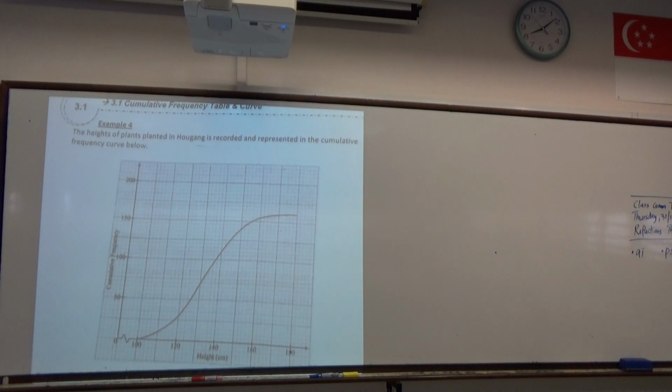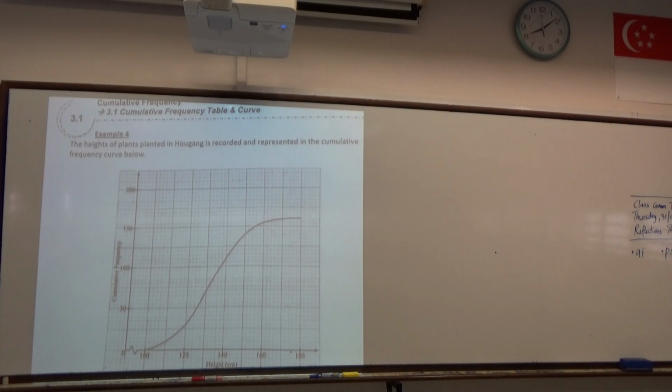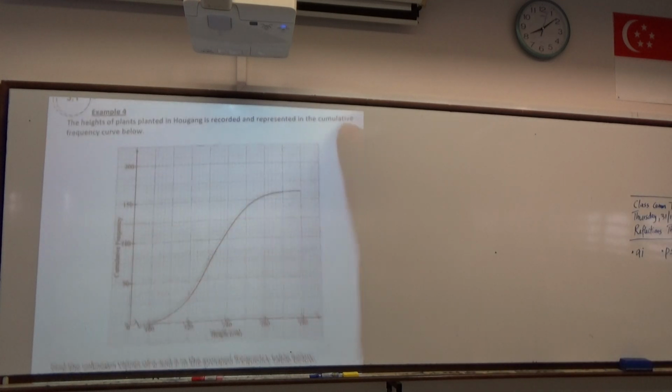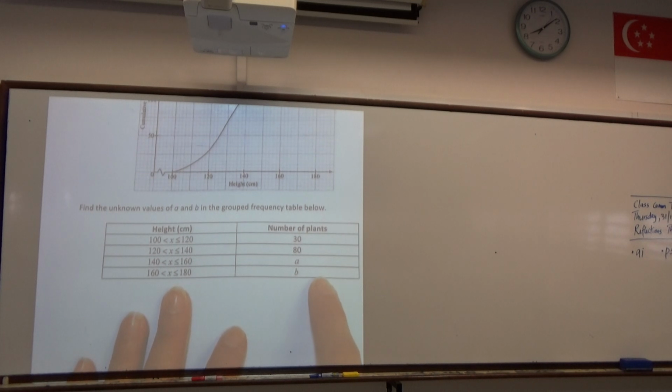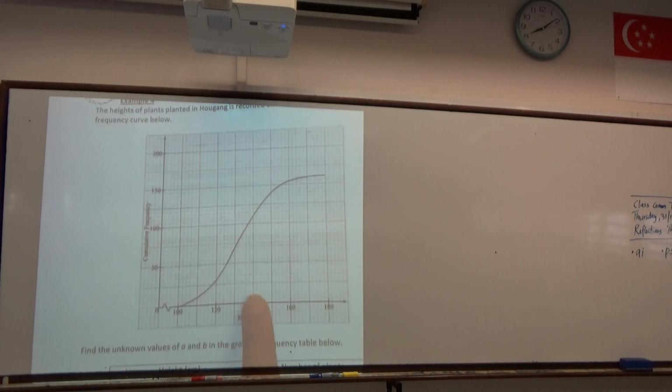We have this situation over here whereby it's looking at the heights of plants planted in Hougang. It's recorded and represented in the cumulative frequency curve below. We want to find the values of A and B in the group frequency table below. So how will we be able to determine the values of A and B based on this cumulative frequency